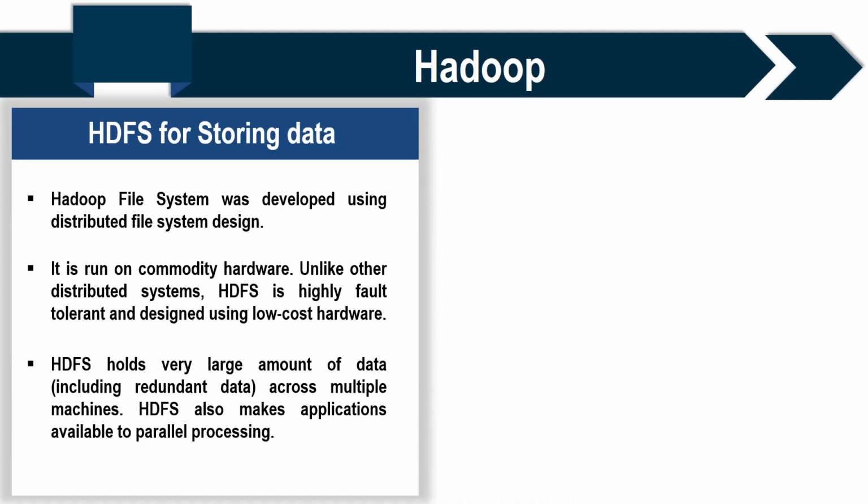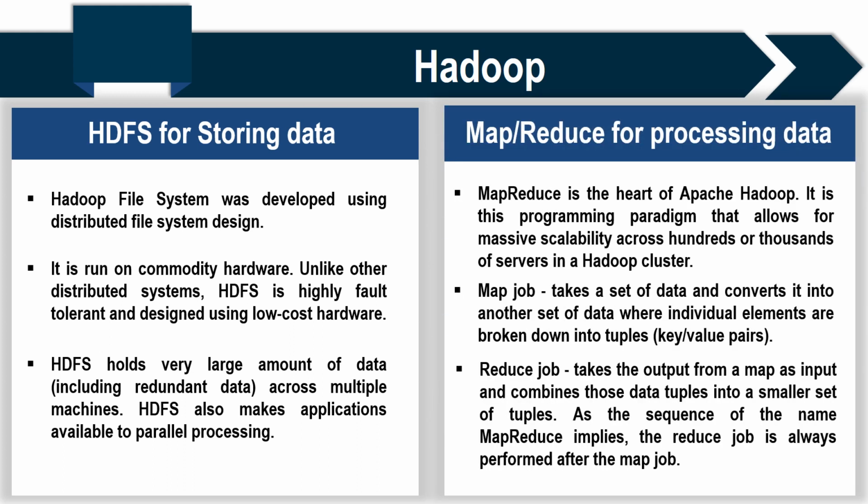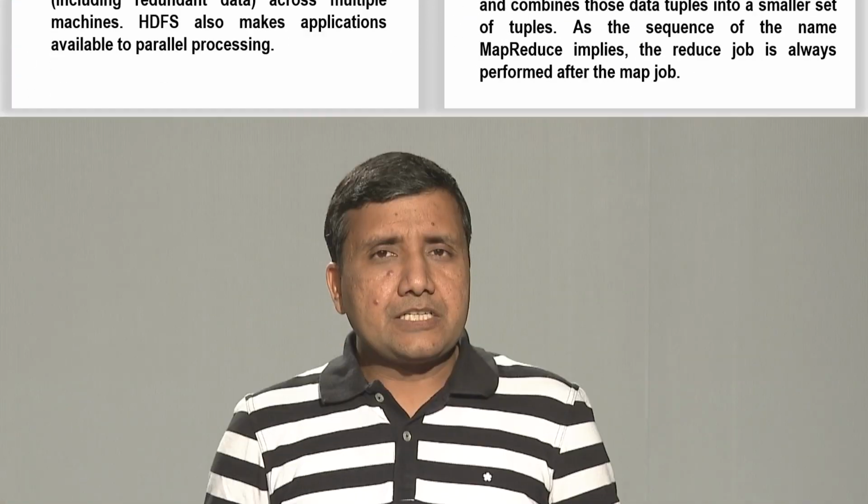We have already seen how the Hadoop file system helps in managing data, and MapReduce with the operation of performing the map function and then applying the reducer to get the result. Let's look at